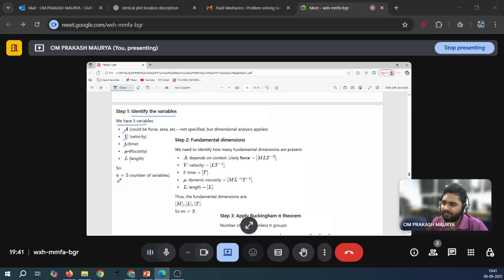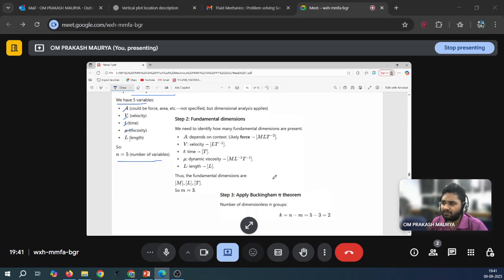So you have 5 variables, right? You have the fundamental dimensions, 3. Using this, you have the fundamental dimensions 3, means you have M, you have L, you have T also. You have all 3. So what we need to do for the calculation of pi,